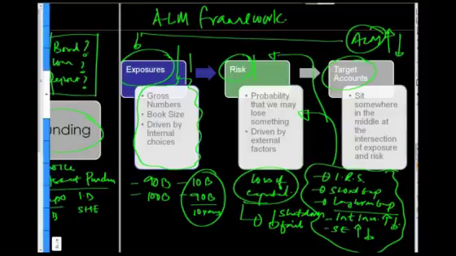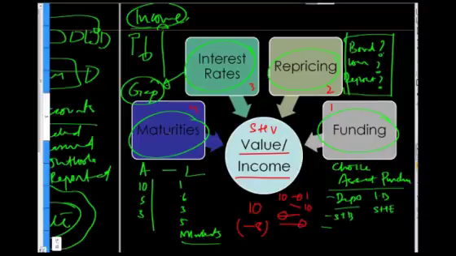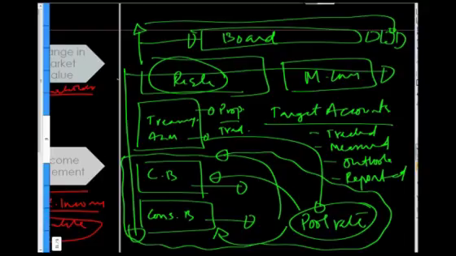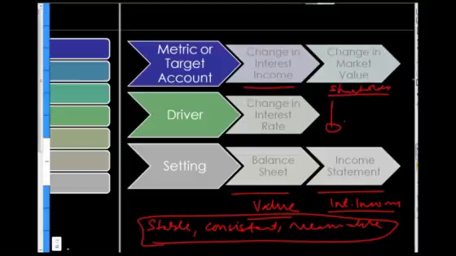And the essence of those target accounts that we spoke about are accounts that focus on funding choices, accounts that focus on maturities, accounts that focus on the impact of interest rates, both in terms of shareholder value and repricing of our bond portfolio. And we finally came back to the concept of how a given target account is driven or defined or impacted by a change in interest rates, and the setting of the target account with respect to whether it's something that is tracking what's happening on the balance sheet or tracking something that's happening on the income side.